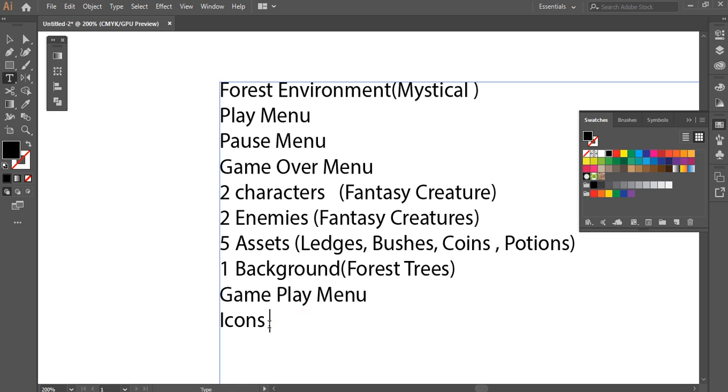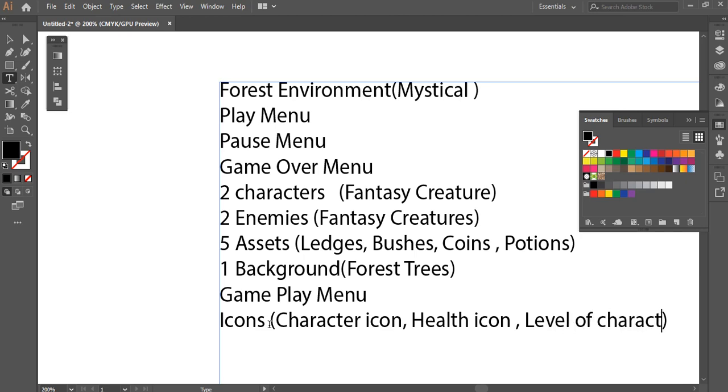And what will be the icons? It will be a character icon, health icon, level of character. So you will need to list down all the things